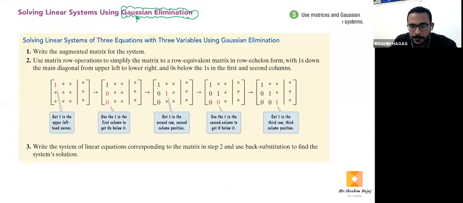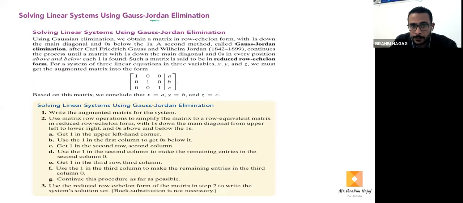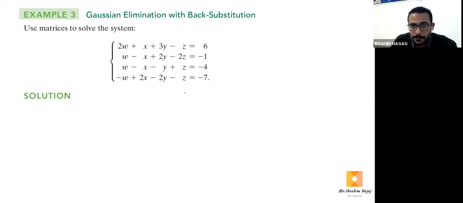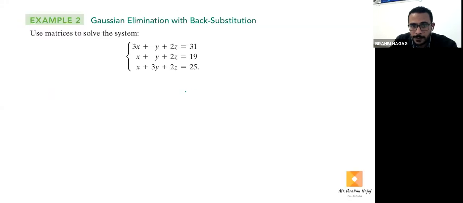What's the row equivalent matrix? This one at the end. To get ones in the main diagonal, and zeros below the main diagonal. Zeros everywhere, up here and down, it's called Gauss-Jordan elimination. So we have two ways to solve a system of linear equations with 3 variables x, y, and z, or